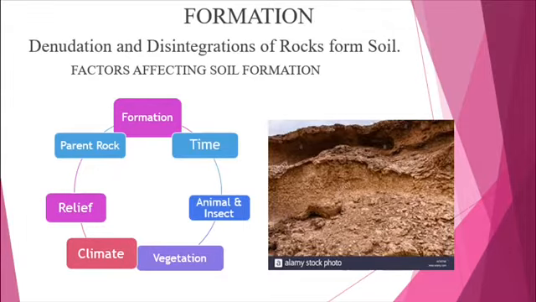There are different factors which affect the formation of soil. Number one is parent rock. If the parent rock is igneous or basalt rocks, the soil formed will be black soil. Number two is relief. If the relief is uneven, steep slope, soil will wash down, erosion will occur in those areas like on the hill slopes, whereas on plain areas, deposition will take place and the soil will be formed